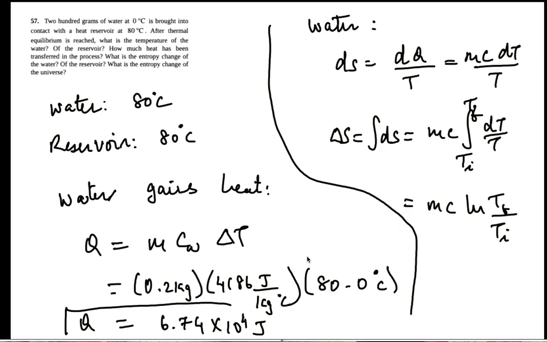All right. So for the water, the change in entropy is mc log of T final over T initial,